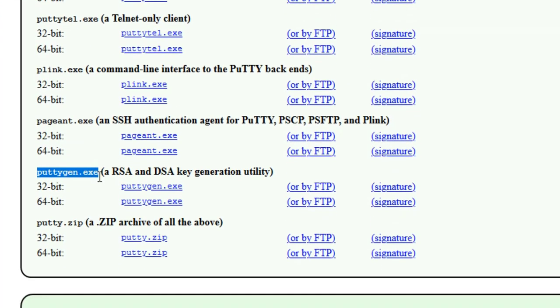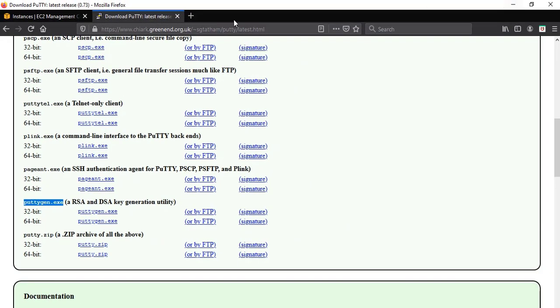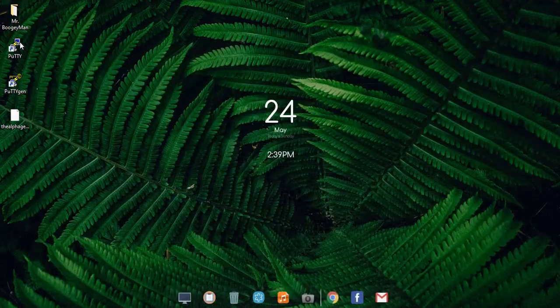We are downloading PuTTYgen because the PEM file that we have is not supported by PuTTY. So we need PuTTYgen to convert this PEM file to a PuTTY supported file. I've downloaded both and installed both, and I have them here on my desktop. You guys install these first and then let's start.